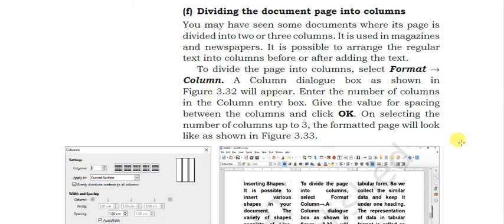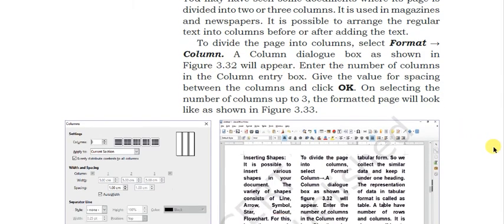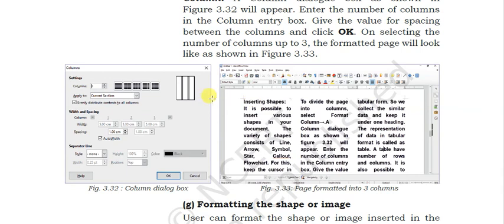Okay, so you will have the dialog box like this here, and you can enter the number of columns you want, and that page will be divided into those number of columns. Okay, so you can select the text you want to change into columns, and you can apply these column settings.